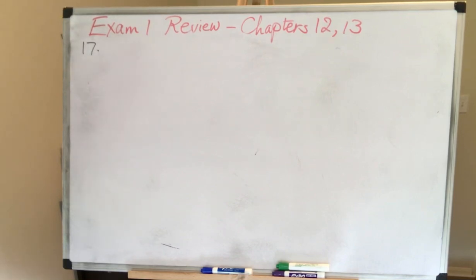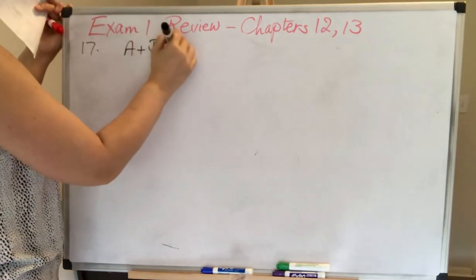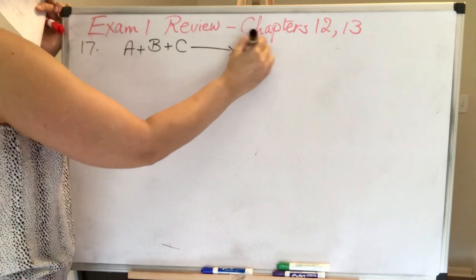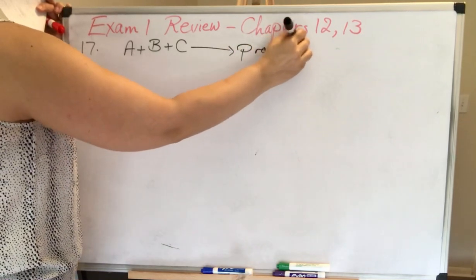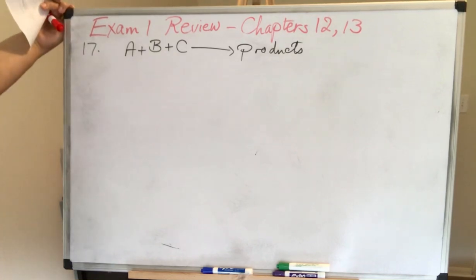I'm not gonna draw it again, but the following data were obtained in a kinetics study of the hypothetical reaction A plus B plus C gives you the products. Using the initial rate method, what is the order of reaction with respect